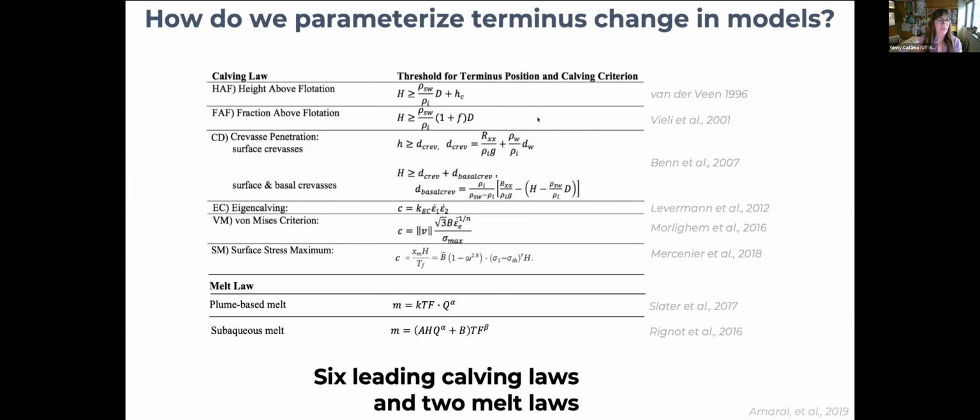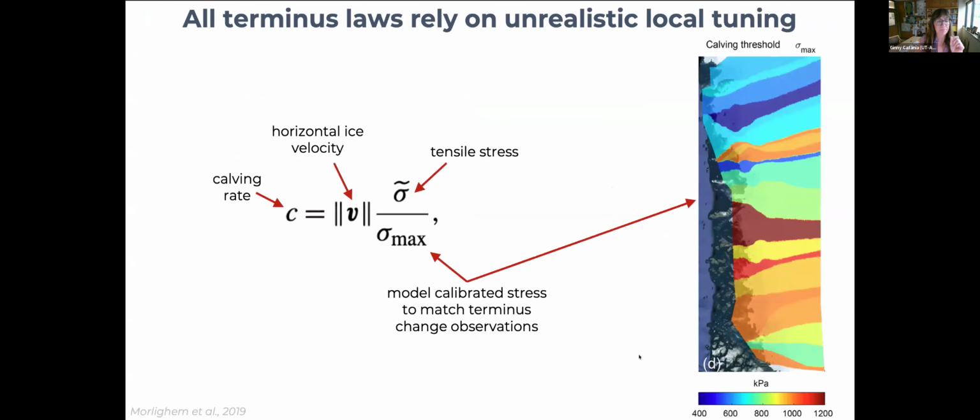But I argue that all of these laws have some kind of tuning parameter that's used to best match these laws to observations. And this is an example of one where the calving rate is predicted based on the ice velocity and the measured tensile stress. And then that's divided by this variable called sigma max, which is a calibrated stress. And so essentially, sigma max is tuned for a particular glacier in order to predict a calving rate that matches